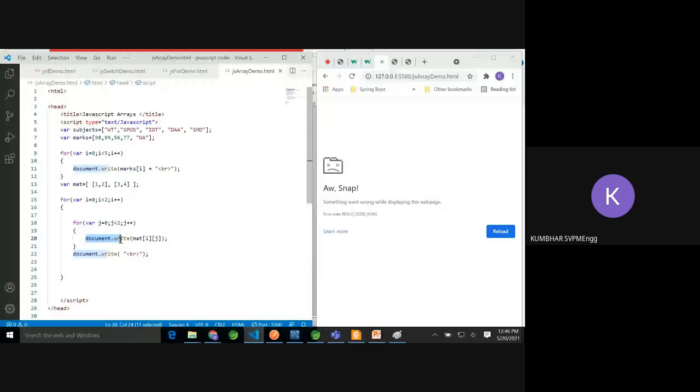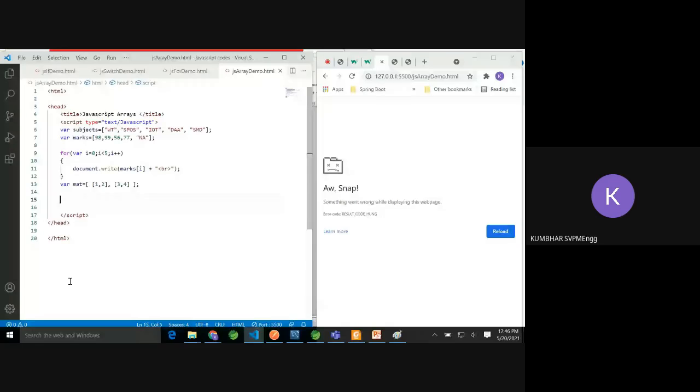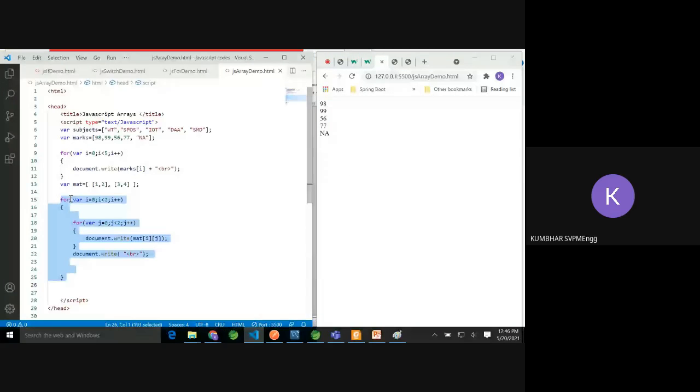Still it is not working. Okay, fine. It was caching the values. If I want to put a space between two values, I have to concatenate the space.